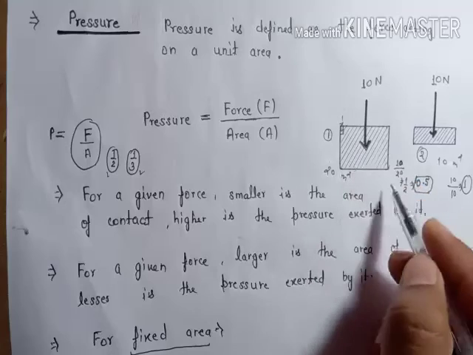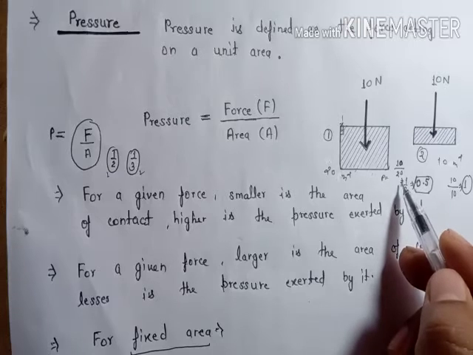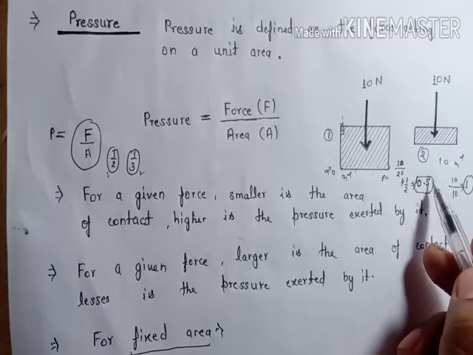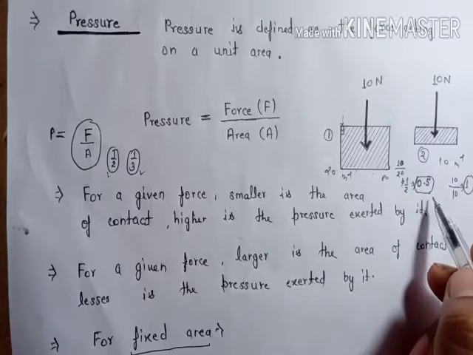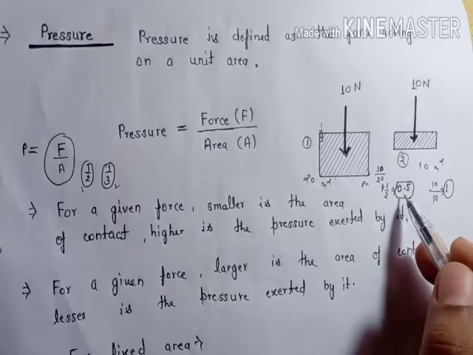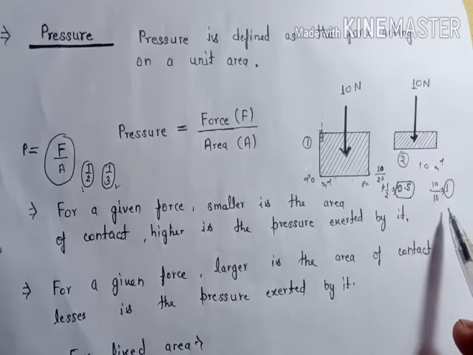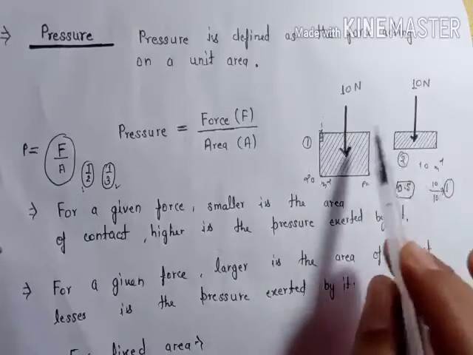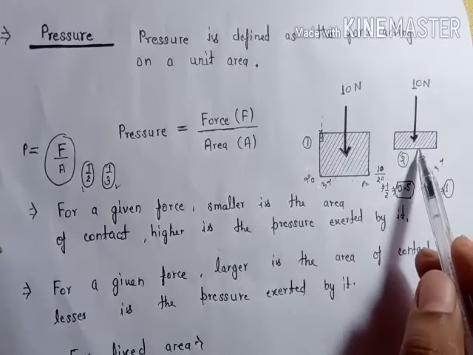Pressure for the first plate is equal to what? Force upon area. The force is 10 Newton and the area is 20 meter square, so we have 10 upon 20, that is 0.5. We didn't discuss the unit of pressure, so just take the magnitude right now. So the value of pressure is 0.5 here, and in the second case the value of pressure is 10 upon 10, that is 1. Now you can observe one thing: even though we have equal forces, just because of this difference in area, pressure is